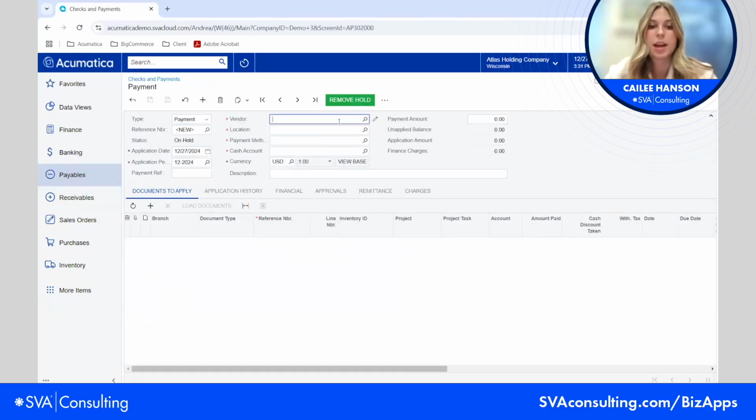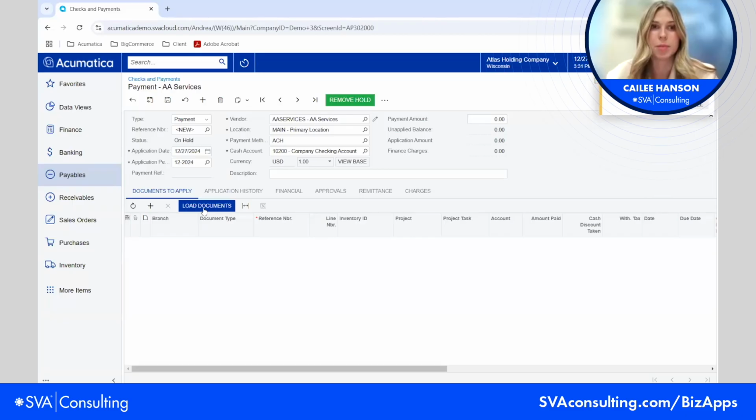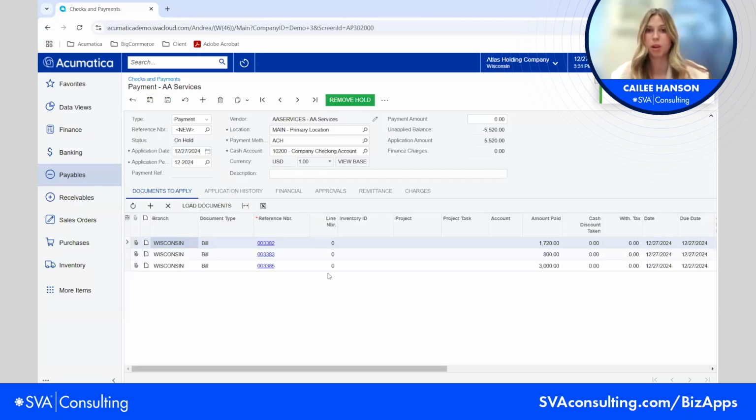And then once I type in this vendor, AA Services, I could click this load documents button. And what that will do is pull in any of those outstanding bills that need to be paid. So you'll see at the beginning, I had 4 of those. I paid one individually. Now it's going to pull any of those remaining open ones into this screen to then